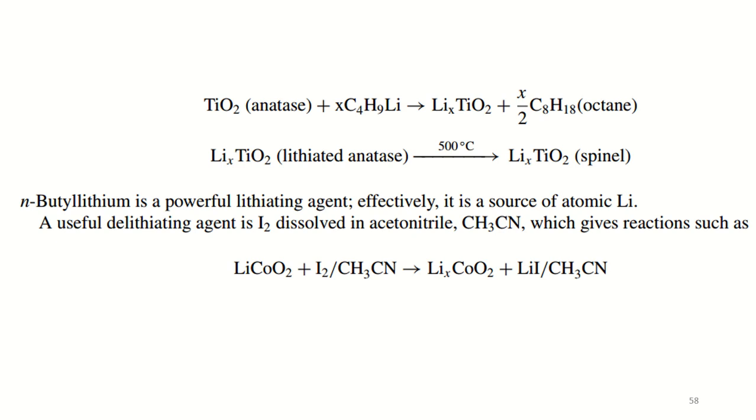N-butyl lithium is a powerful lithiating agent, which effectively is a source of atomic lithium. A useful dilithiating agent is iodine, I2, dissolved in acetonitrile, CH3CN, which actually gives the reaction like this: